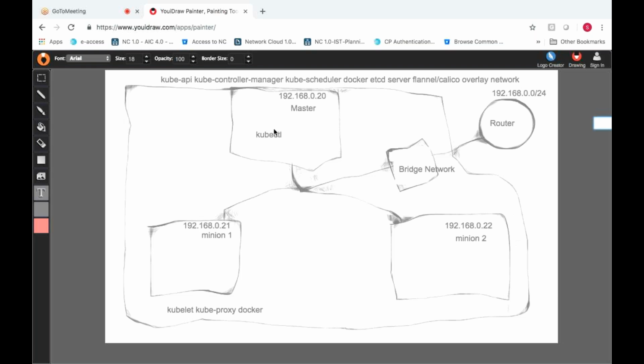Similar to that in Kubernetes, whenever you execute a kubectl command, whatever you pass in kubectl will be passed to the Kube API. So Kube API is the main API server which will take the inputs given by the kubectl command. Kube API will accept the requests either from the dashboard, since Kubernetes has a dashboard, or from the CLI using the kubectl command. From both inputs, the Kube API server will take the values.